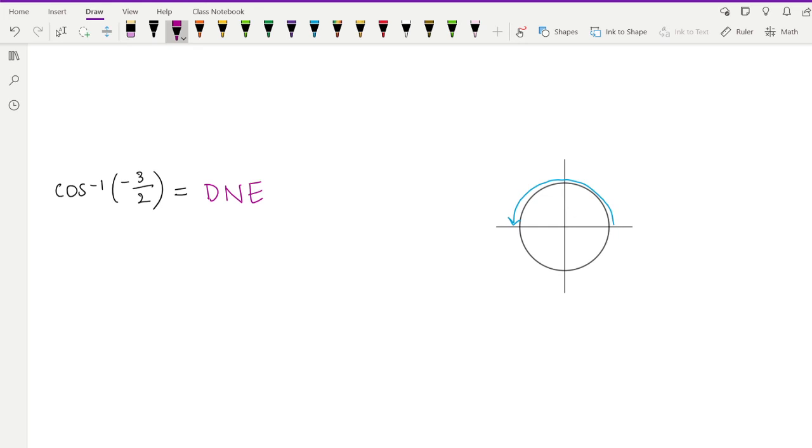So why is that? What would be the argument for why inverse cosine of -3/2 is undefined? Well, remember that what we're looking for here is an angle such that cosine of that angle is -3/2. So let's think about what -3/2 looks like as a number. It's less than -1, right? It's like -1.5. And so remember that cosine of an angle can never equal -1.5, right? The smallest it could ever equal is -1. So the reason that this is undefined is because there is no angle